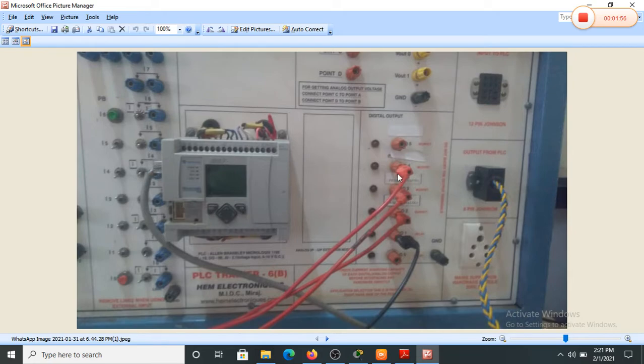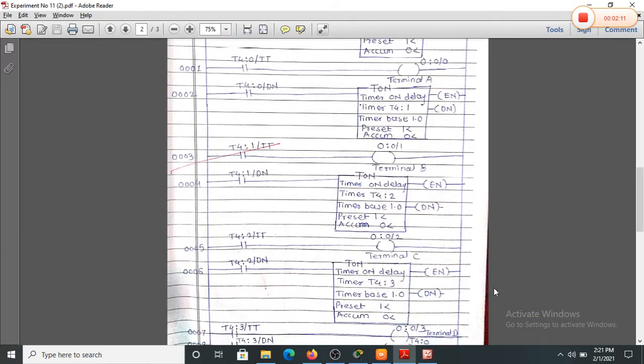This is a connection diagram. This is the output pin. This output connection is given to the input of the stepper driver, and the output of the stepper driver is connected to the stepper motor. Okay. Now we will see the